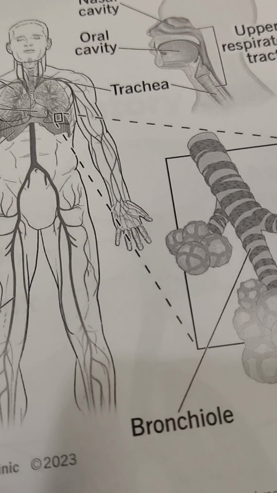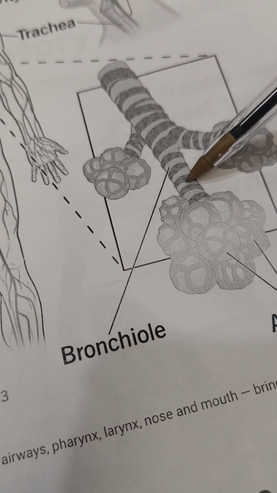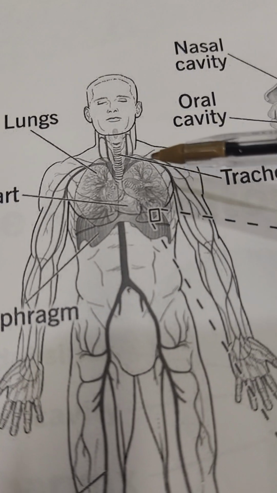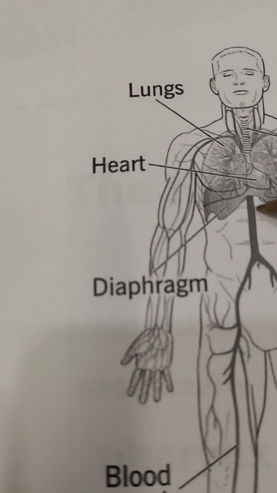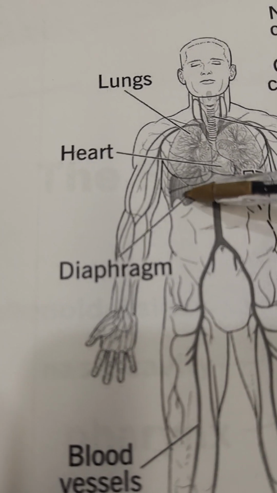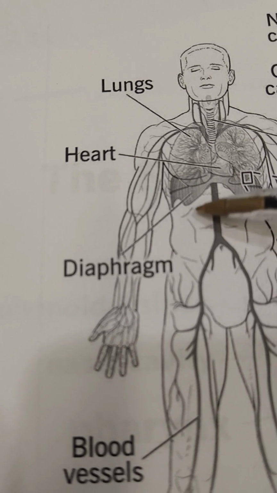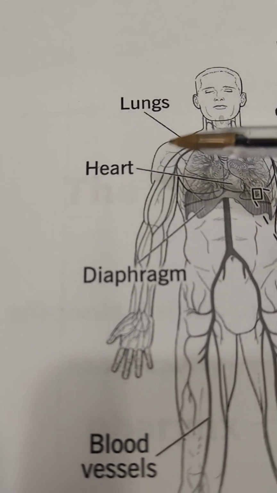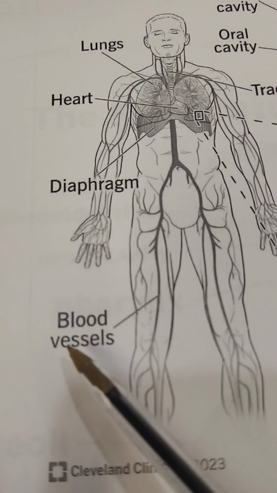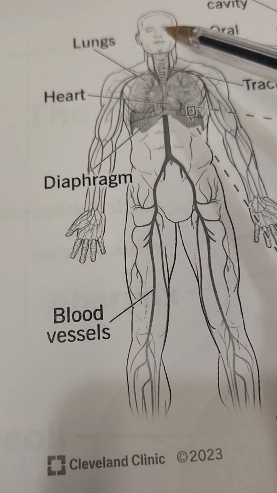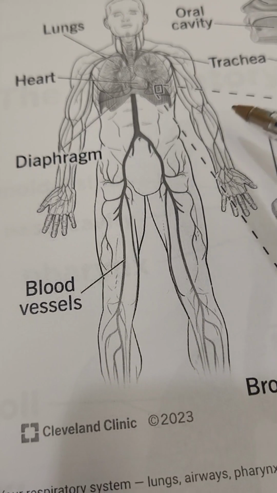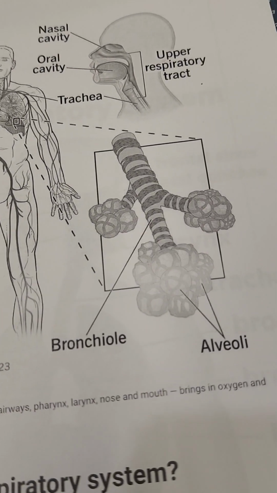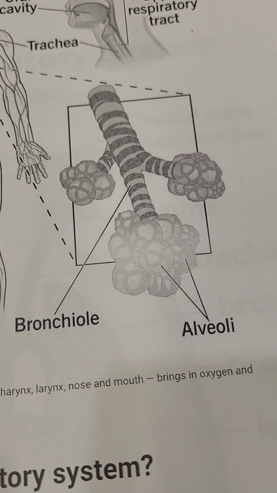This is just giving you a better view of what the bronchioles look like in here. Then we have the diaphragm. Remember, the diaphragm goes between the lungs and the liver, and between the lung and the spleen. Okay, once again, here's your heart. You have these blood vessels coming all the way throughout your body down to your legs and arms, right there. Then I have one more to show you,